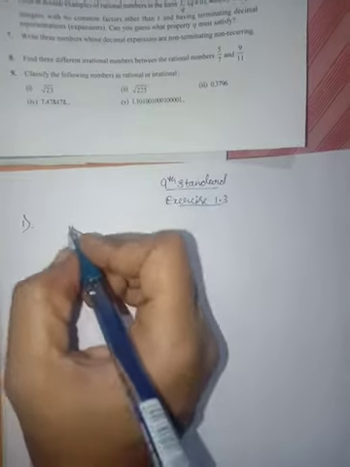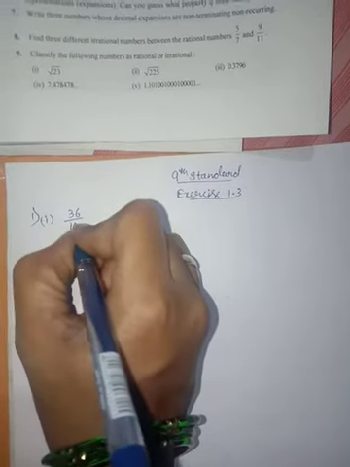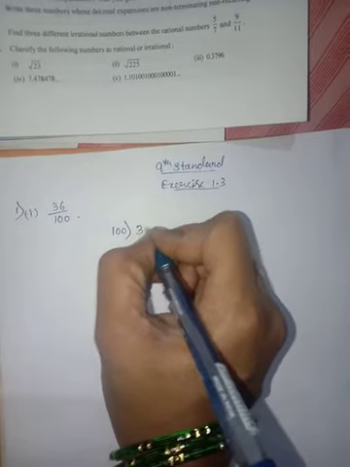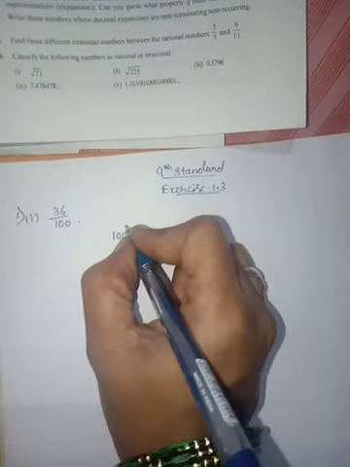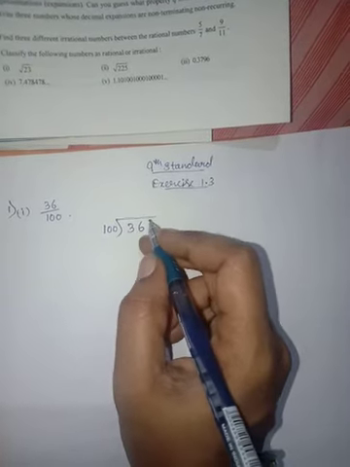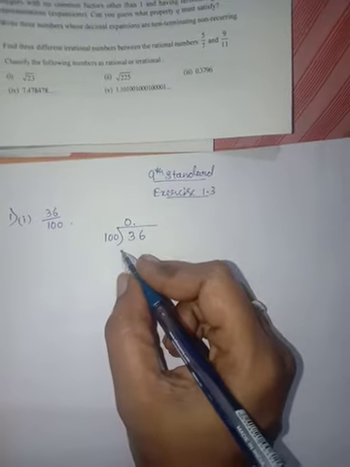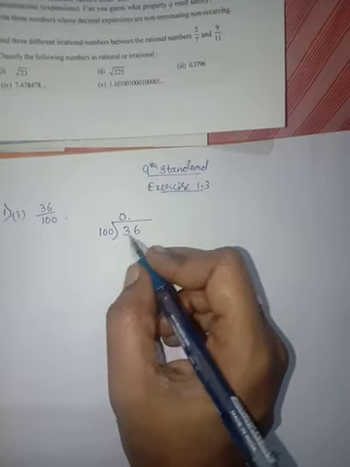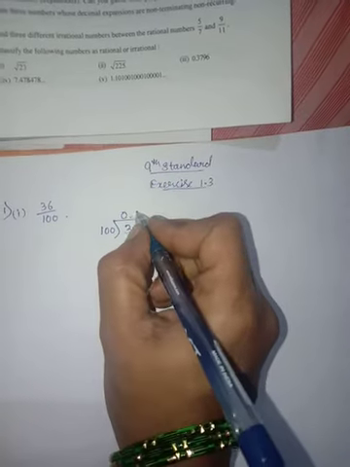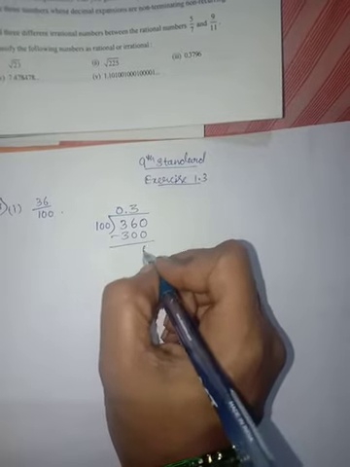I will show you how to divide this number. You already learnt about division in your previous classes. See here, 36 by 100, we have to divide the 36. Okay, this one is the division method. Now we have 3 digits here, 2 digits here. First we can't divide, so I am going to keep 0 and then a point. You know the rules about keeping 0 and then a point. If I put 0 on the point, I can take 0 here also, and then 100 threes are 300. Then subtract, this 2, that 0 6.